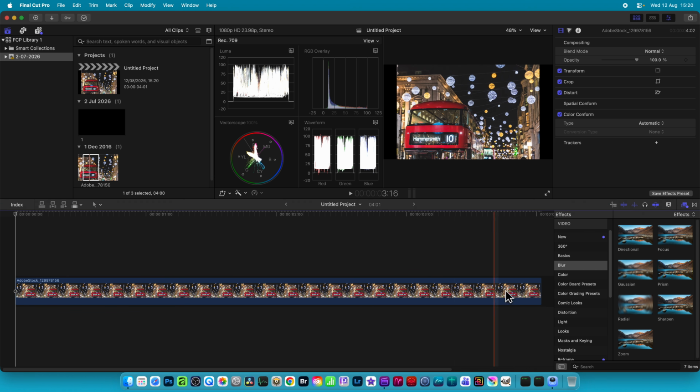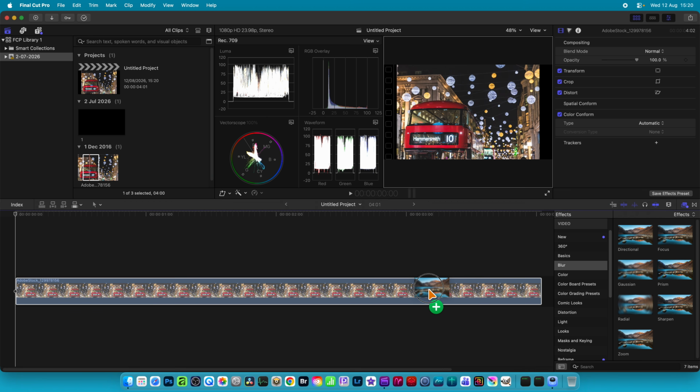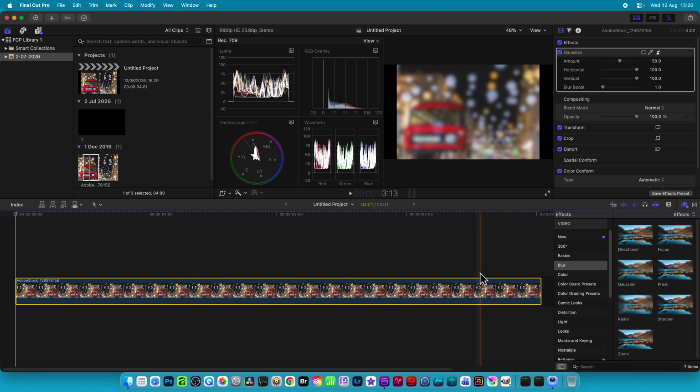With that, you can then go over here and Effects. You can simply select Blur, Basic, Color, etc. and go to one of the blurs and simply drag it over there. Then go up here and you've got Effects. And you can see you've got a lot of options here, such as change the amount, horizontal, as well as vertical, and also blending and much, much more. And of course, you can apply any of these other effects as well. Once you've done that,